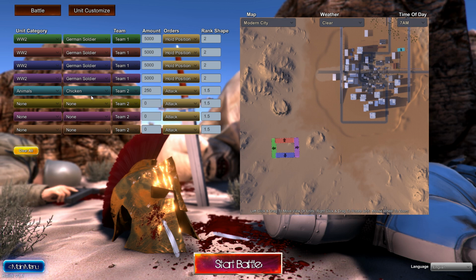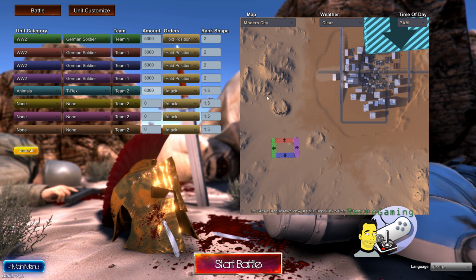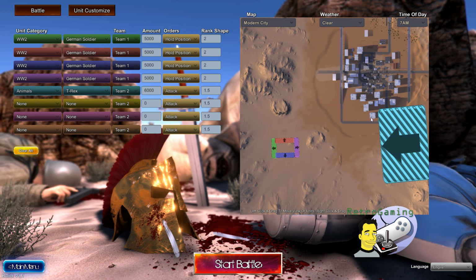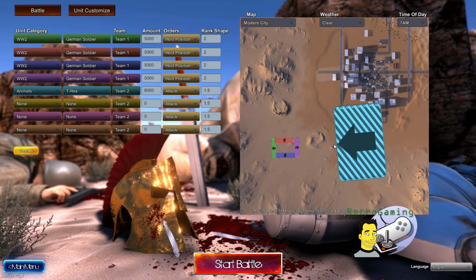So down to animals, down to T-Rex, and then we're going to set a number. Now we've gone for 20,000 German troops, and we're going to try and balance that out with T-Rex. Now T-Rex obviously is bigger than the standard German infantry unit and is quite powerful, although the